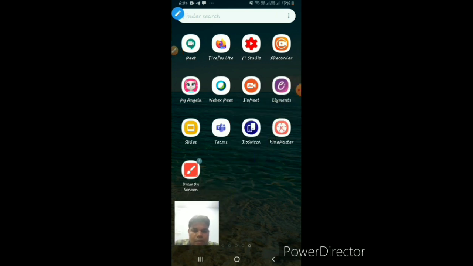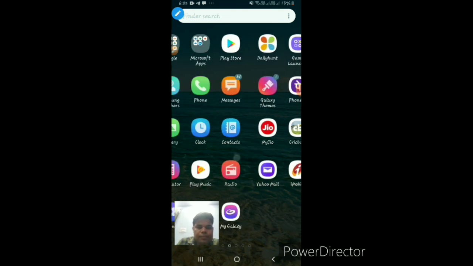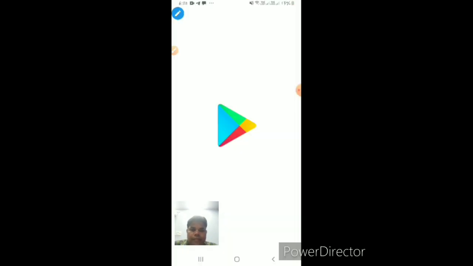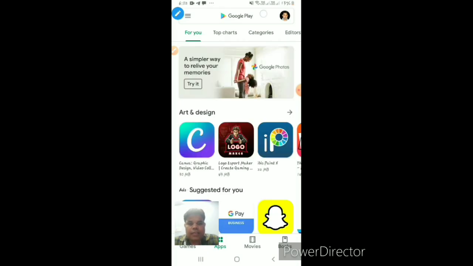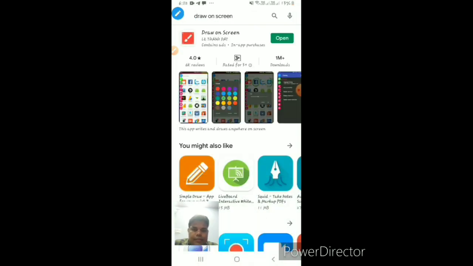Now if you want to do it with the help of a particular software, then I have to go to the Play Store and search for a software called Draw on Screen.